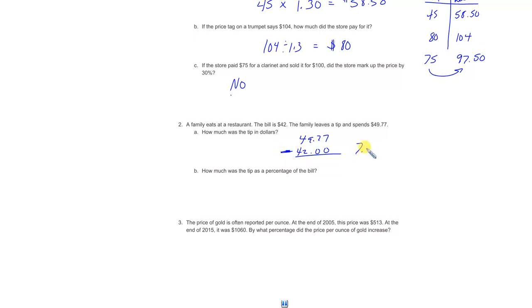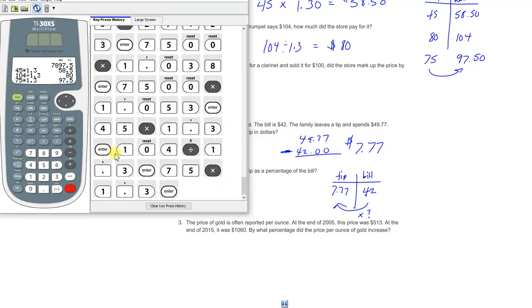So they left $7.77 in tip. How much was the tip as a percentage of the bill? Well, you can think of it as a table, the tip versus the subtotal or the bill. The comparison here is 7.77 to 42. So you need to find the constant between these two things, like what did I do to that number to find this one? How did I get from there to there? And that's just division. And it's got to be smaller than 1, so you put in the smaller number first,